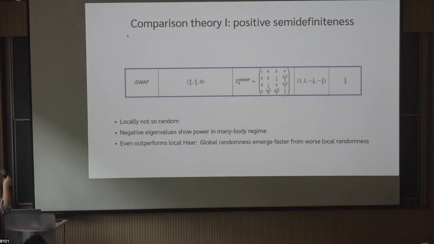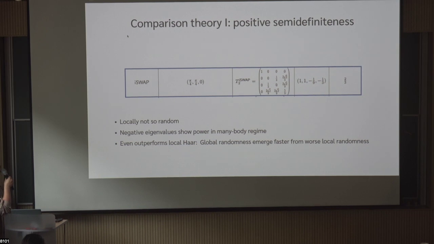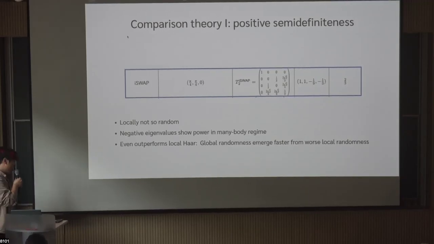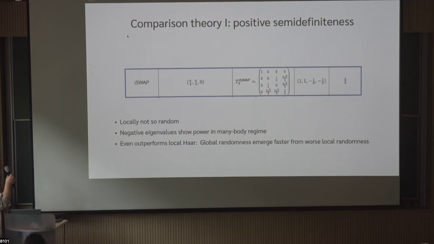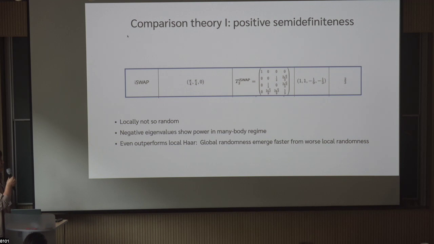This is a very interesting phenomenon that should provide some fundamental insights into this random circuit business. If we are doing random circuits with local Haar gates as we standardly do, then this local Haar gate circuit will actually generate designs slower than this.